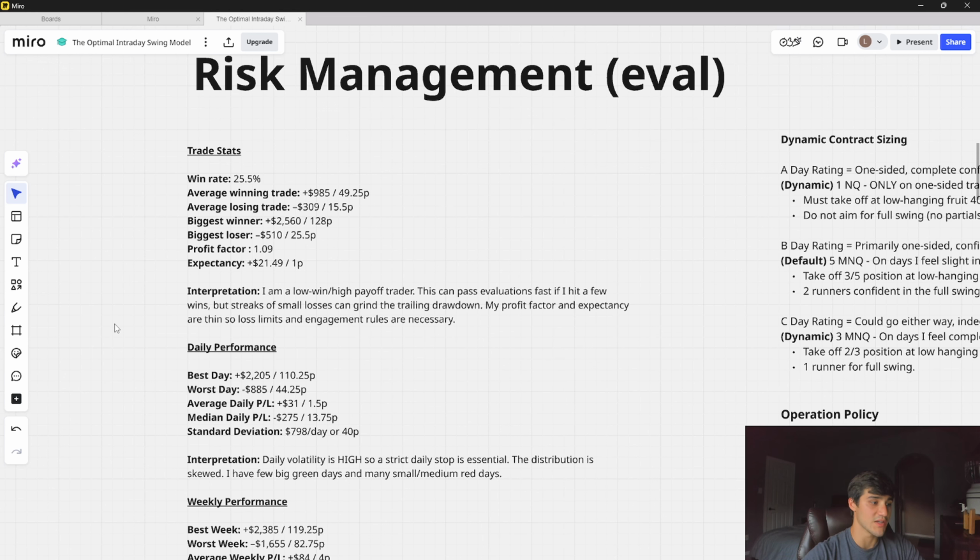So I find myself getting into large periods of drawdown because I'm a low win, high payoff trader. There's going to be a lot of periods where I'm just taking consistent losses, either because of error on my end, or maybe I thought the market was going to do something. I came to the market with a bullish bias and it just did not play out. That can happen. So there's going to be periods of drawdown, so I have to implement engagement rules and loss